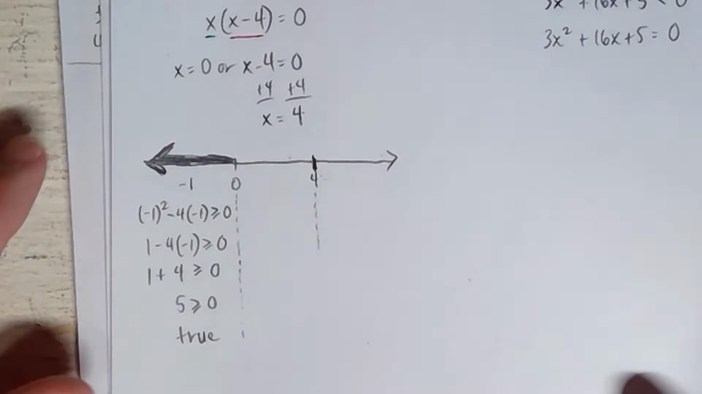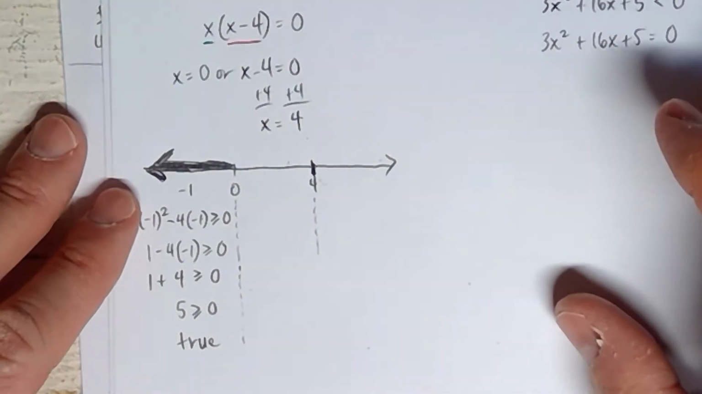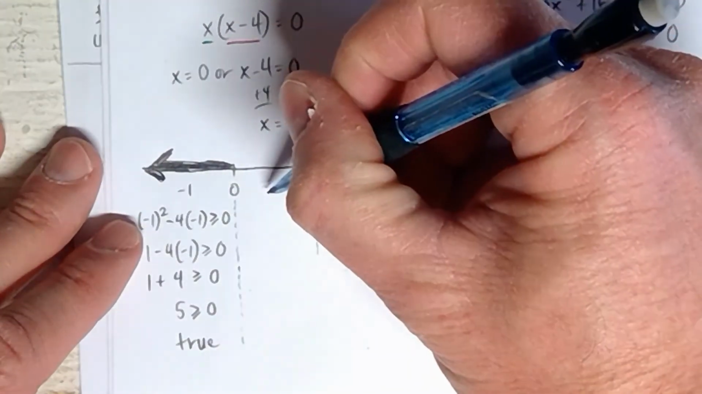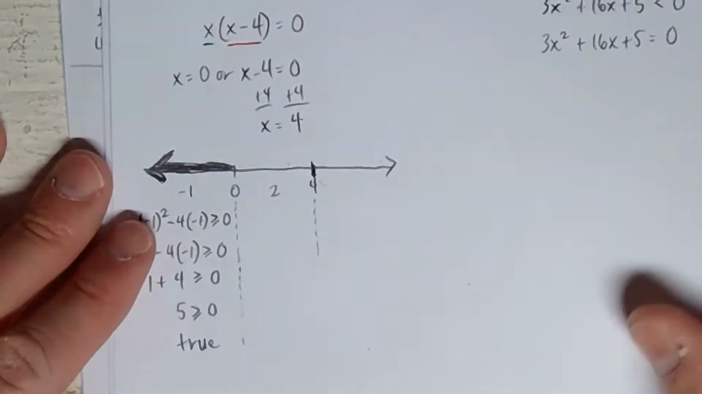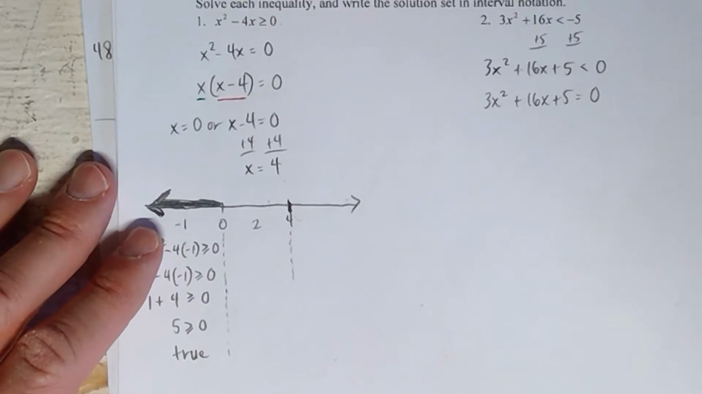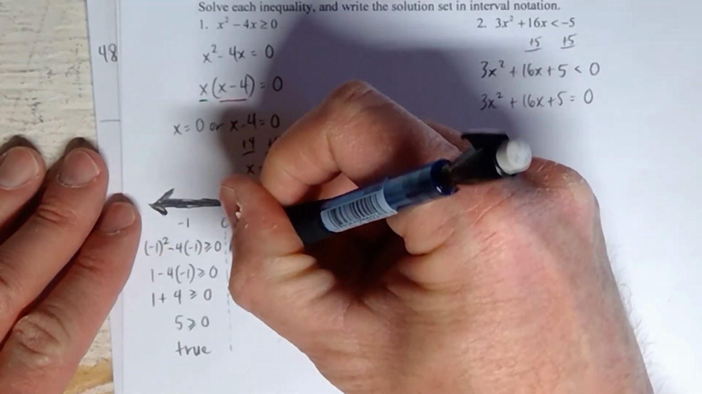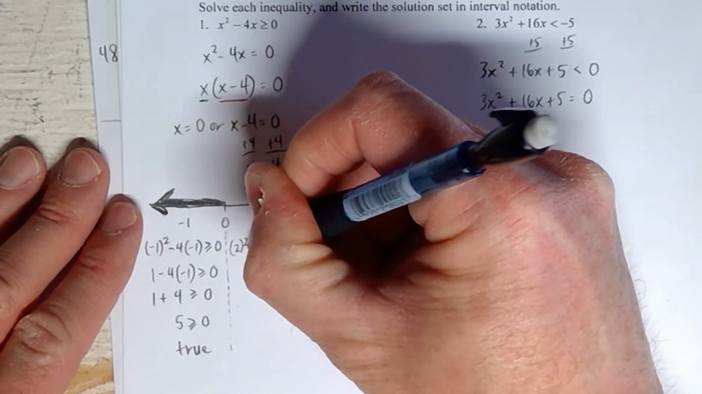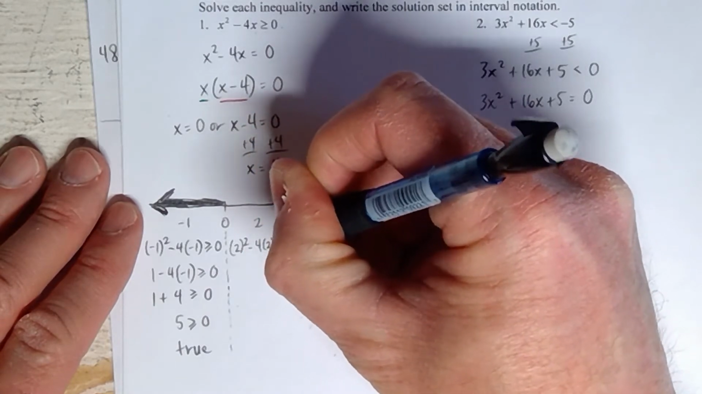If it's true, you do shade it. Pick a number between 0 and 4. I'll go ahead and pick, how about 2? Okay, we could do 1. That's fine as well. Anything between 0 and 4 is fine. All right. So I plug that in, and I get